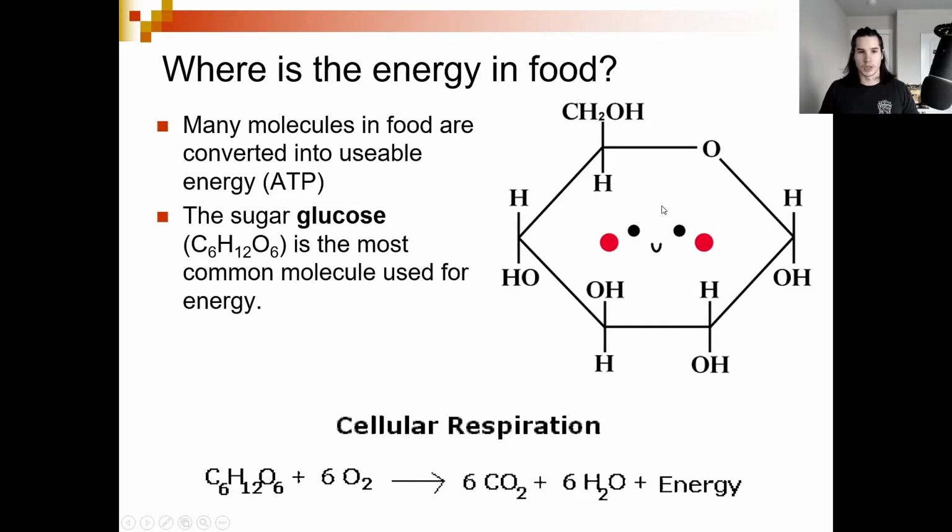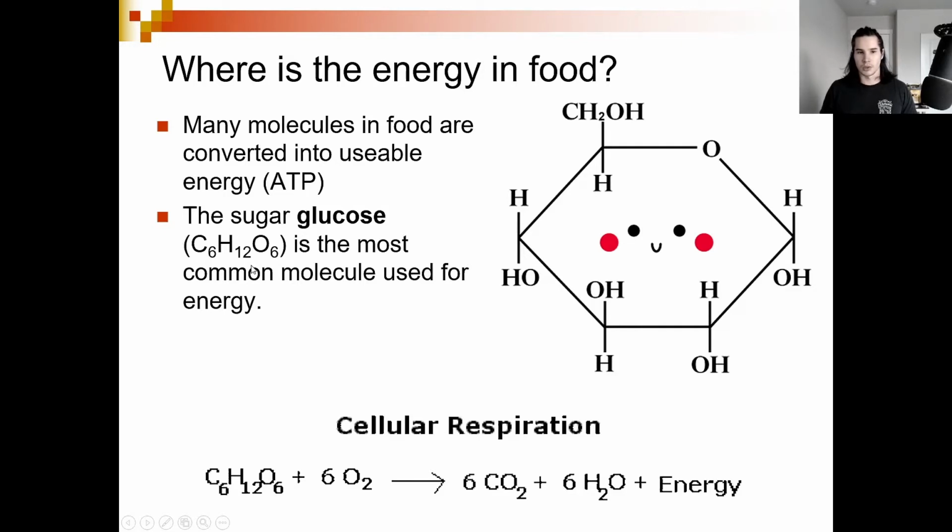Okay, so for the most part, I would say that the majority of the energy that we consume on average is going to be coming from sugars. And so for that reason, we will be focusing on the breakdown of sugar for energy. Many molecules in food are converted into usable energy, or ATP, as we learned in the last chapter. That is the energy currency for our cells. And the sugar, glucose,